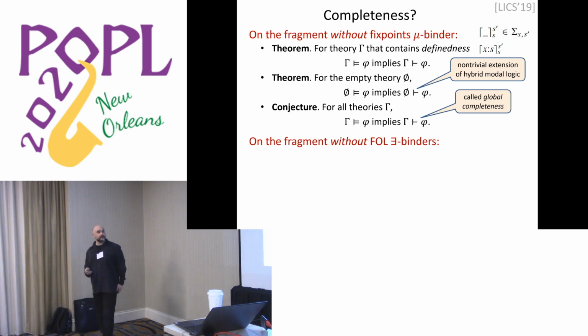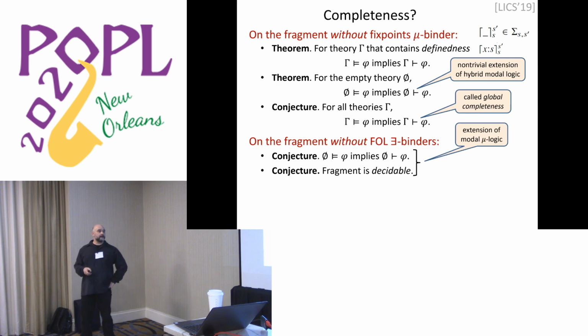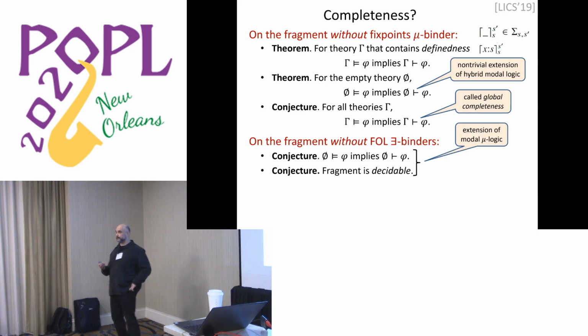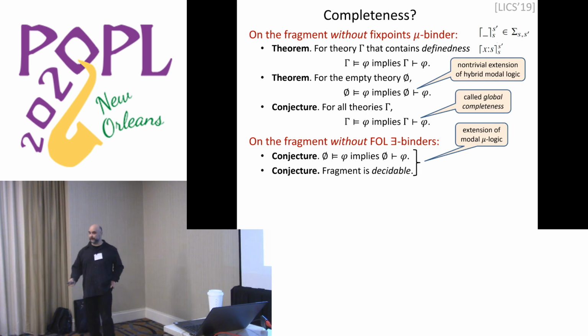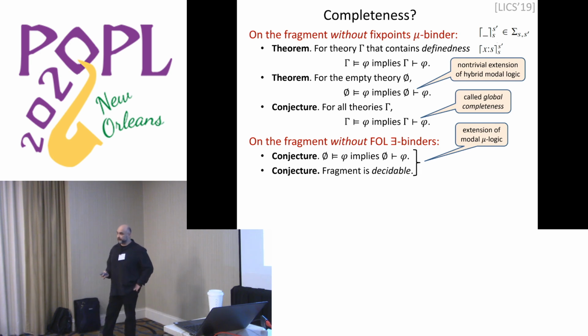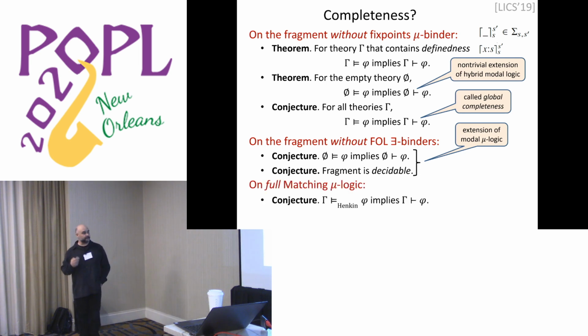If we get rid of the existential binder, then we only have conjectures, unfortunately. You know that for modal mu logic, there was an open problem whether the proof system proposed by Kozen was complete or not. It took almost 10 or 20 years to prove it. Igor Walukiewicz and collaborators managed to prove it. So this generalizes that setting, right? You have these sigmas, which can be seen as polyadic modal operators. And we are working actually with Igor to prove this result. We believe this is true, but we don't know yet. So it would be really nice to have a proof for it.